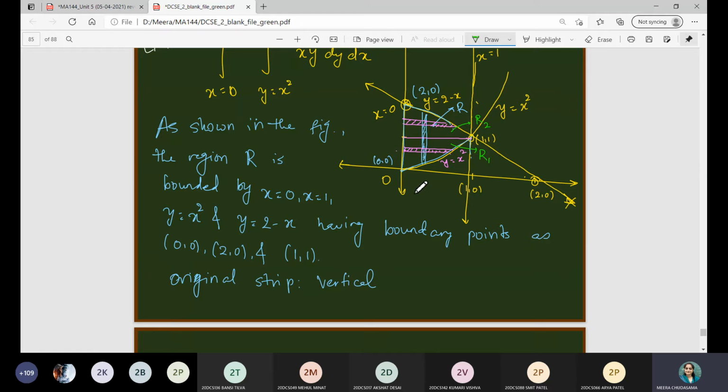So let us consider now the change of order. The integral corresponding to R1 we will call I1. The integral corresponding to R2 we will call I2. And finally, changing the order means this double integration will be nothing but the summation I1 plus I2, right? Whatever value we get for I1 and I2, we have to sum up to find the entire region integration. Let me know, is this point clear to everyone? Please raise your hand.